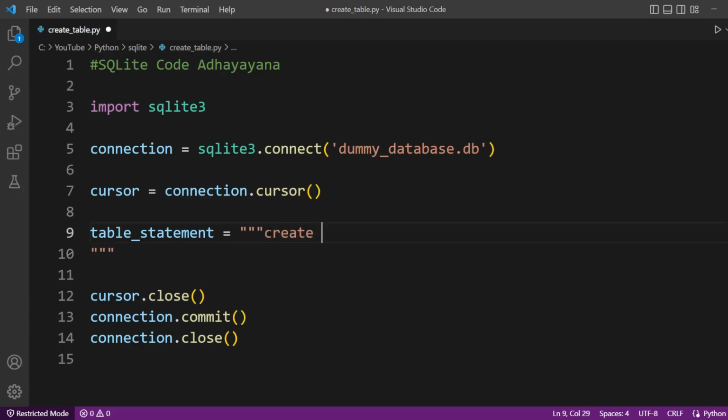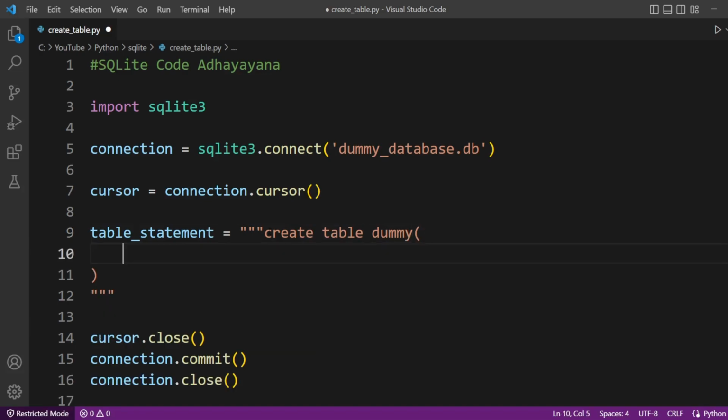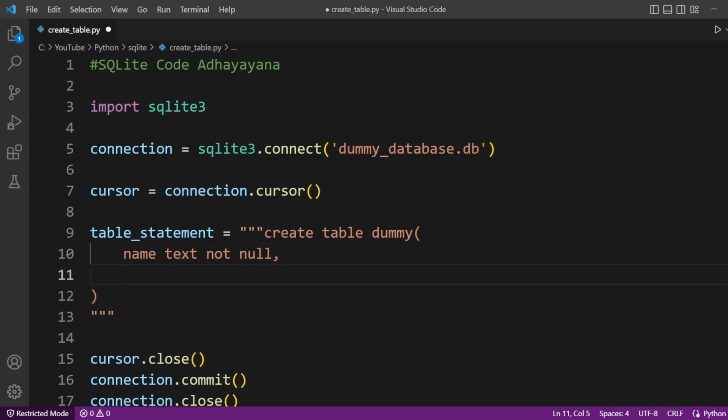So create table dummy, and here let's call name, data type will be text, and constraint will be not null, so that we have to pass something into this column. And second is age. I will keep it integer.